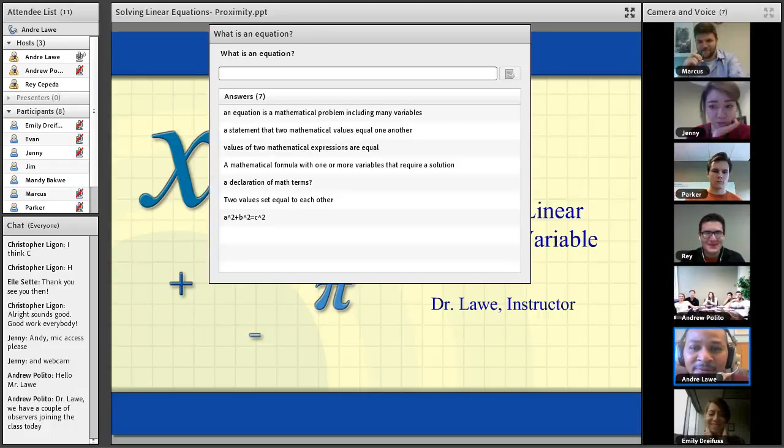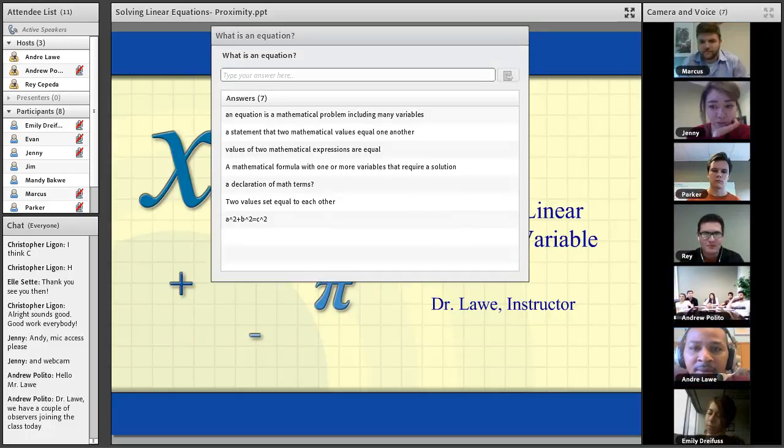Just to clarify a few things, and I know this is just our first class in algebra, but as we go deeper in algebra, we'll talk about the differences between an equation and somebody mentioned formula. So we'll talk about those differences as well, and we'll also talk about how a function is different from an equation. But yeah, the standard definition is a statement that makes two expressions equivalent or equal to one another. And so